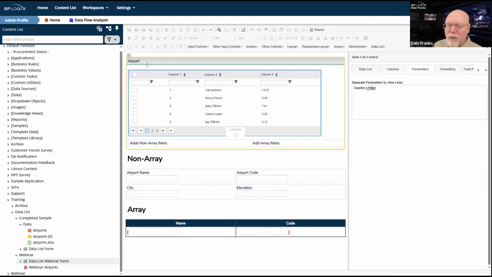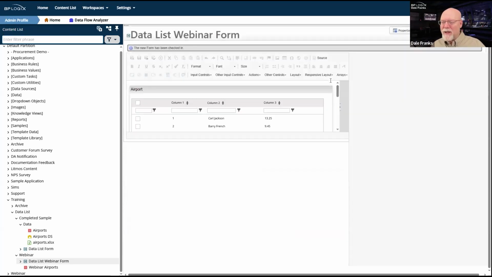Oh, I didn't want to save it again. I've already got the form open in Design View. I should have just put the filter field in. So I am going to throw a filter field in. You could do this with free text or what have you. I'm going to do it with a drop down just to pick some specified values so that I don't have to keep retyping it. But you can do it with a form. I mean, there are several ways that you can do it. We'll just do it with a drop down because I think a drop down will be kind of cool. So that's what we'll do.